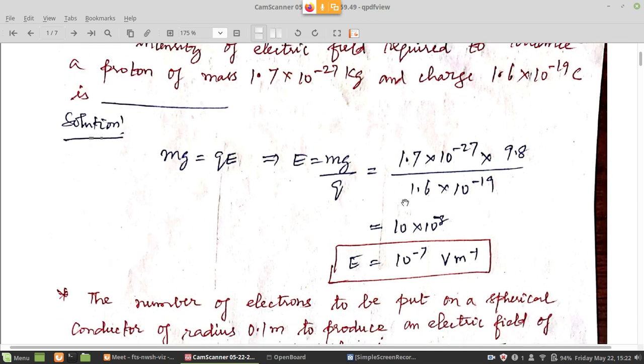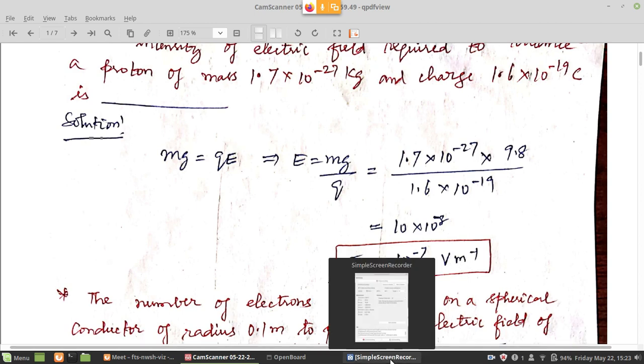So now if you simplify this, solve the numbers, we will get 10 into 10 power minus 8 or 10 into 10 power minus 7 volt per meter. That is a unit, or Newton per coulomb. Of course, both are equivalent units for electric field. Later on, we will study why this is volt per meter. That is, in a few classes, we will start potential, electrostatic potential. At that time, we will understand why this unit is volt per meter. So, for the time being, you just assume that it is also one of the units.